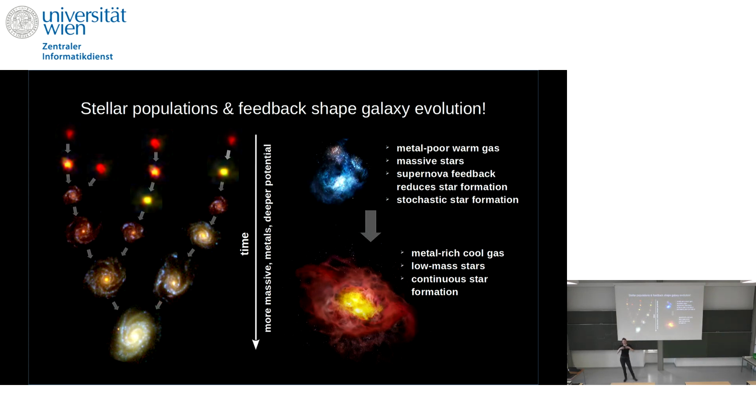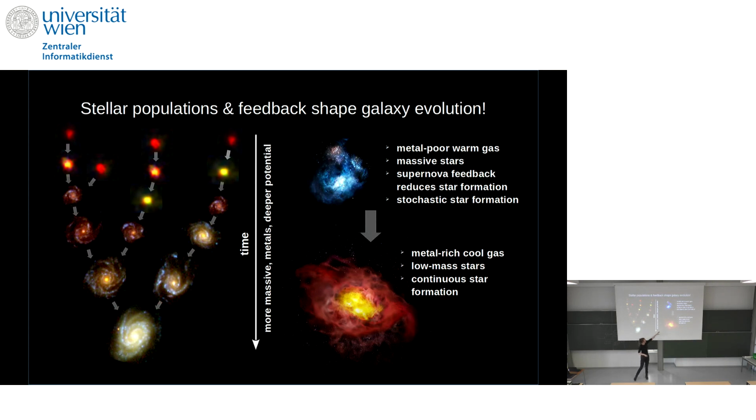What you can imagine is you form stars, then you blow out the gas. So you don't form any stars, and then you need to wait until you can accrete gas again, and the gas can cool and form stars again. So what you see is really episodes of star formation in these lower mass galaxies.